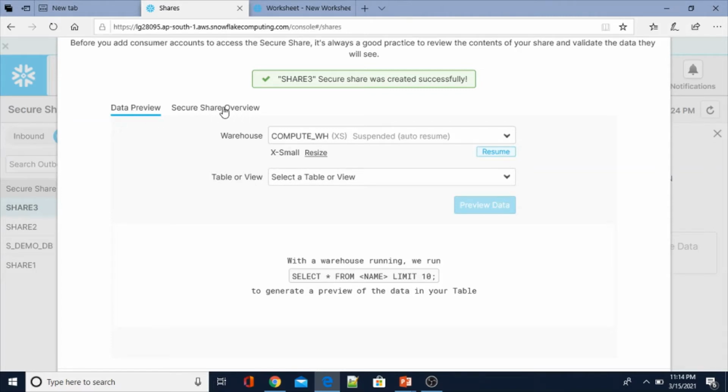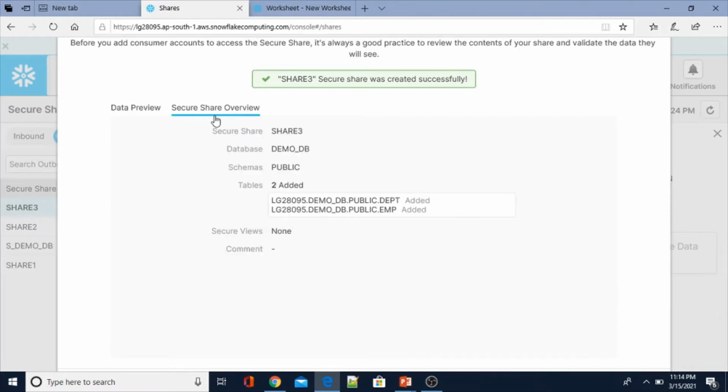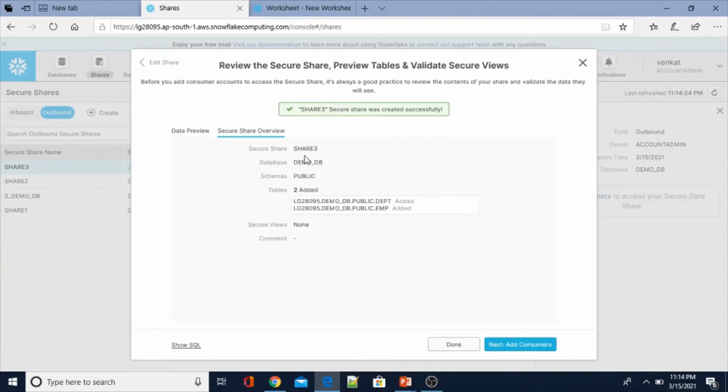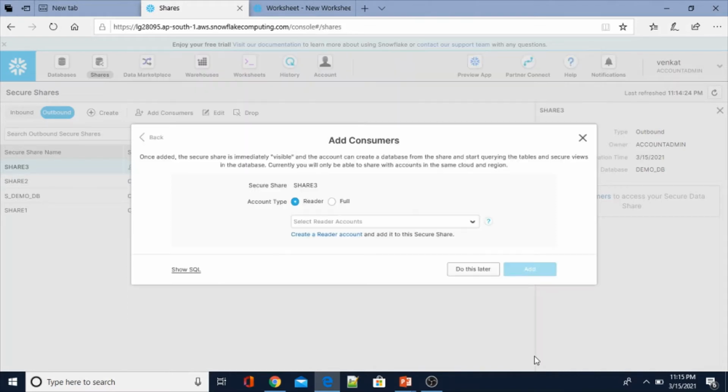Click on the secure share overview, and this is where you see the share name you created, the database attached to that share, the schema and the list of objects. Now, as the next step, we need to add the consumers. Click add consumer.